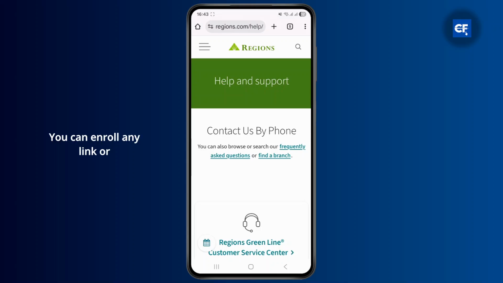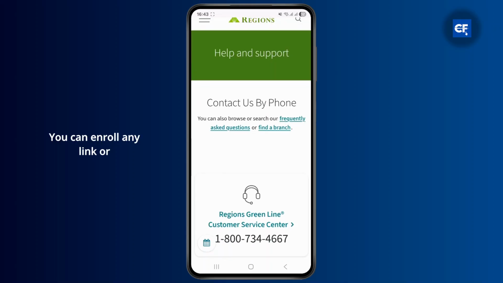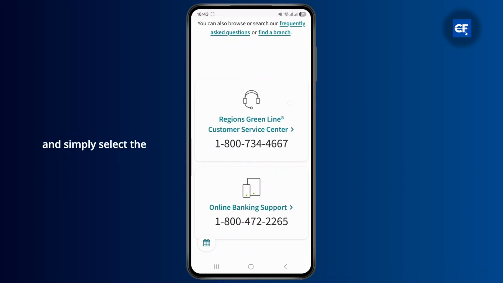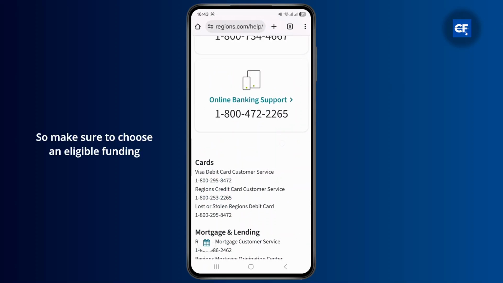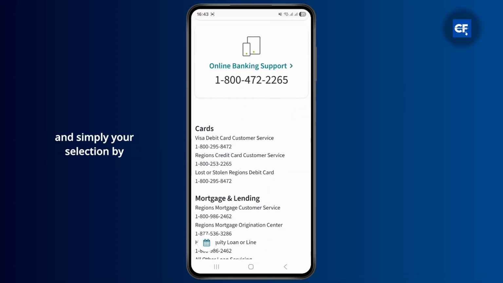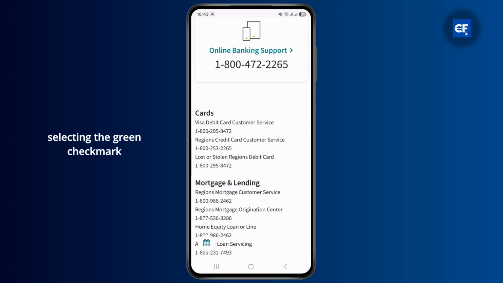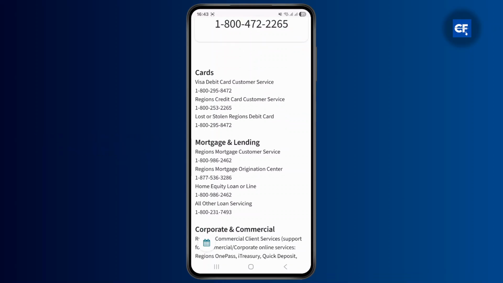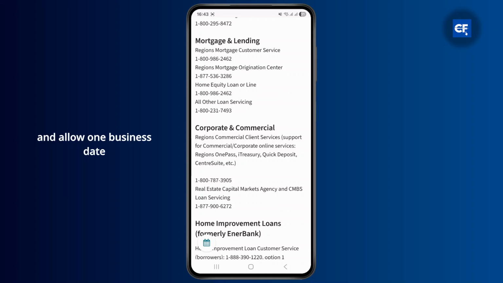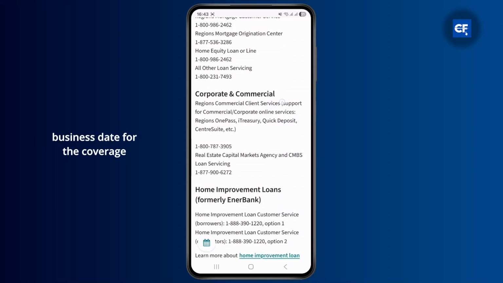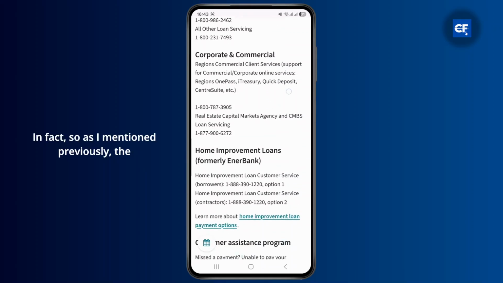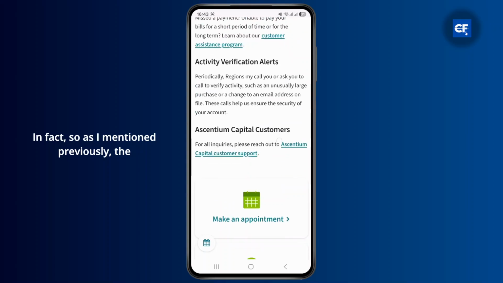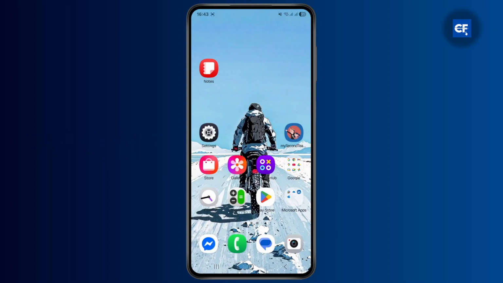There you can enroll or link your funding account and select the coverage for your checking account. Make sure to choose an eligible funding account from the drop-down list, and your selection will be saved by selecting the green check mark to the right of the account. You just have to save that and allow at least 1 business day for the coverage to take effect. As I mentioned previously, the other way you can enroll is to